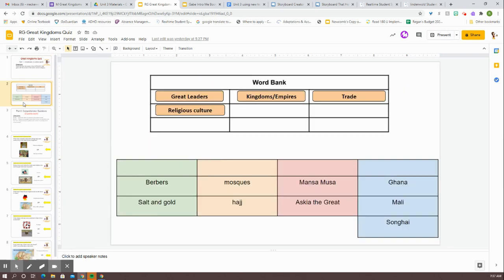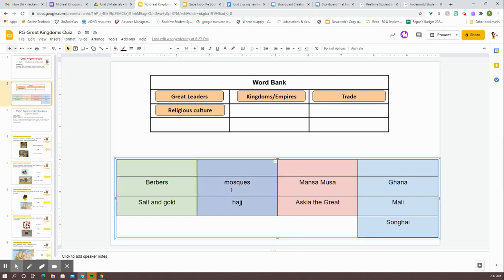So on slide 2, you'll see something that looks very similar to the activity that we did in class. The only difference is that instead of moving the vocabulary terms, you're going to put the category names. So, for example, if I were to look at the yellow column, right, there are 2 words in here, mosques